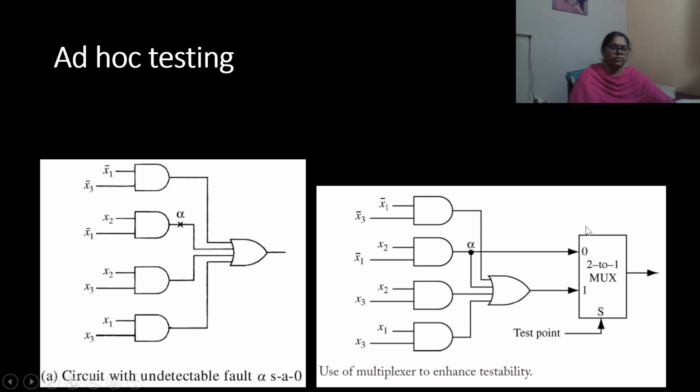In this 2:1 multiplexer, you can see that the test point alpha is given as one of the inputs and the output of the OR gate is given as another input, and the select line is the test point. So when the test input, that is the select input of the multiplexer, is at logic 1, the output of the circuit is transferred to the output of the multiplexer. That means the OR gate output will be transferred to the output of the multiplexer. On the other hand, if the control input is at logic 0, that means the select line of the multiplexer is logic 0,